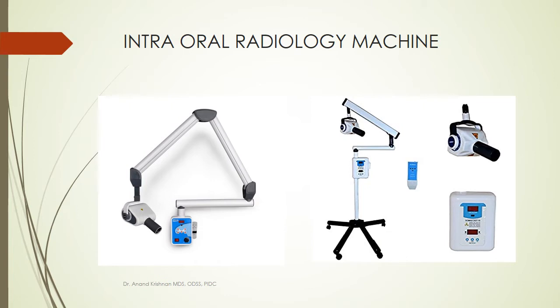So the fixed one will always lie beside the dental chair and it is very useful interim procedure, as it is within the reach of the dentist or the operator, and is able to simultaneously take images, especially in endodontic therapy, when multiple radiographs have to be taken during the process, like your working length or your master cone selection, etc. So you don't have to keep moving the patient here and there.